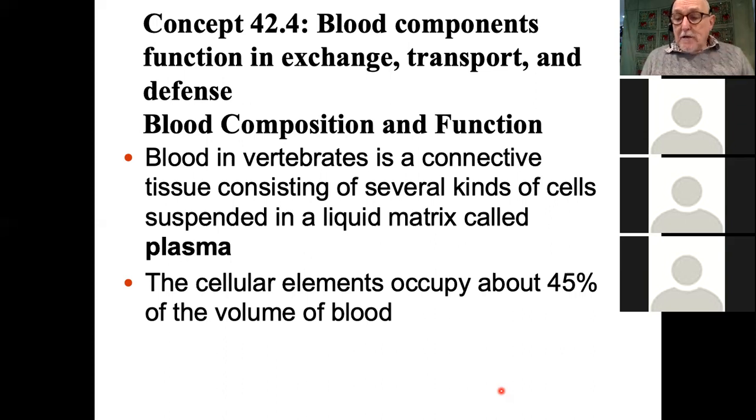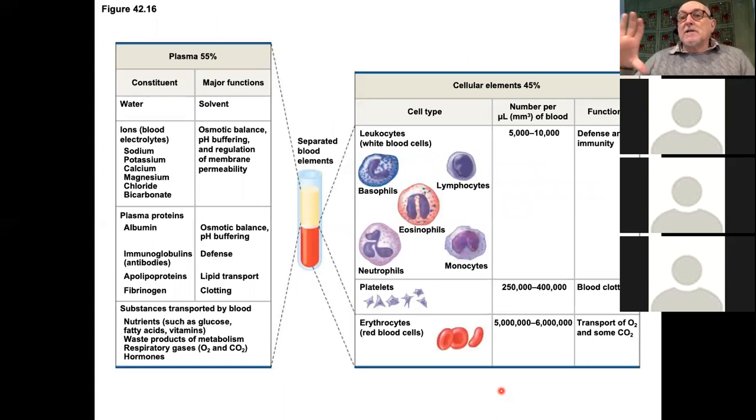So if we were to take a sample of blood and then spin it down in a centrifuge, so that we take all the solid components and spin them to the bottom of the tube, and we look at the composition of the blood, we find that about 45% of the volume of blood is made up of various cellular elements, which we'll describe in a second. The rest is this clear straw-colored liquid. We're not going to discuss its composition in huge detail. I'll just tell you that this